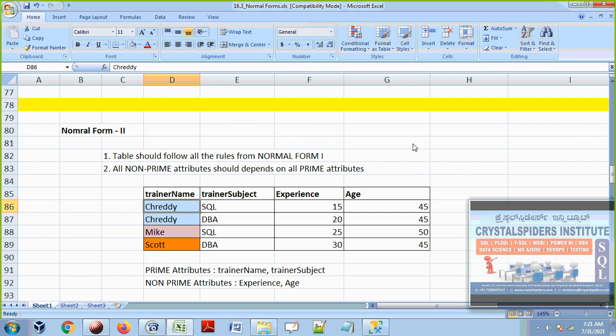Now I came to your institute, sir, and I am asking you one question. Can you please tell me the experience of your SQL trainer? See, now when I am inquiring about experience details, can you please tell me the experience of your trainer CH Reddy? I can't tell you because CH Reddy is teaching 2 subjects. You need to tell the subject name also.